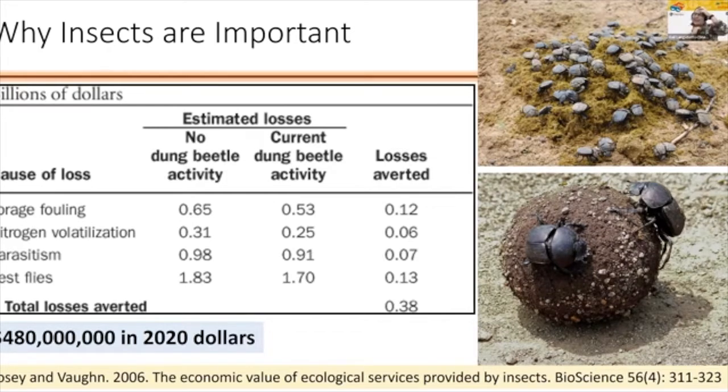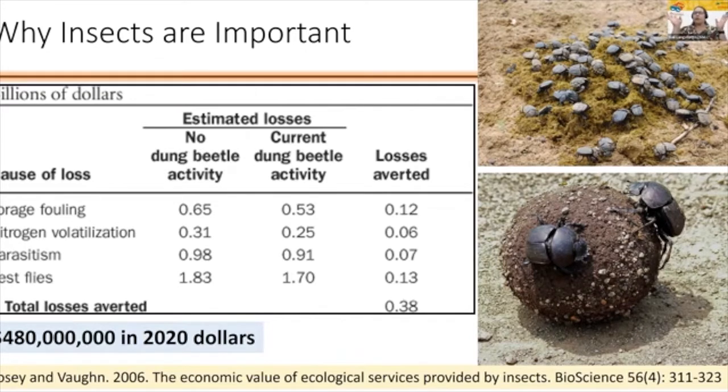There are actually all of these really cool experiments that talk about male beetles that try to, and I won't even get into it. Suffice to say, there is cheating in the dung beetle world. Males trying to get the benefit of mating without doing the work of putting the labor in to help form and roll the dung ball. You may not think that this is necessarily an economically important endeavor, but it is worth approximately $480 million worth of services for ranchers,